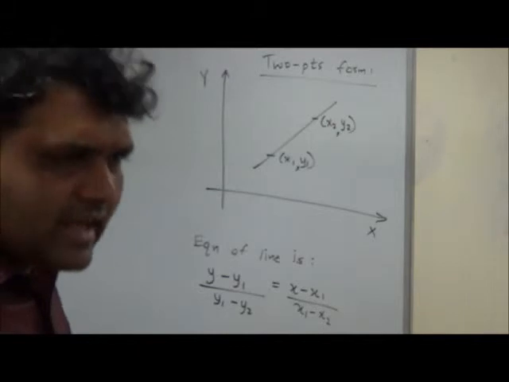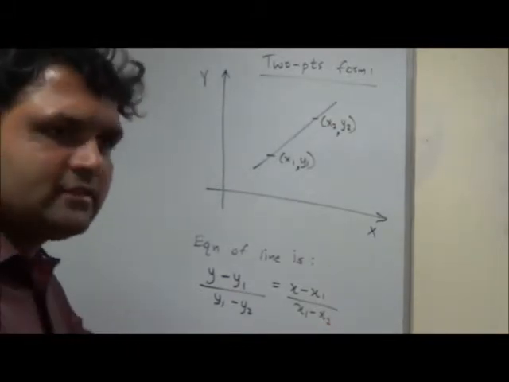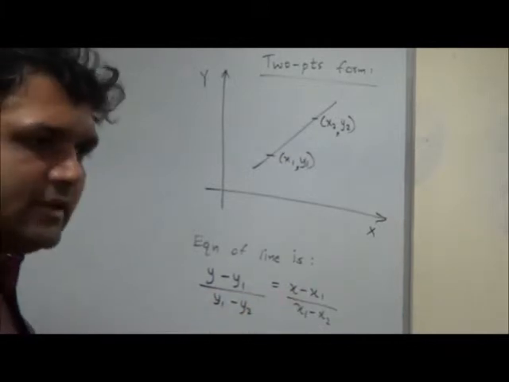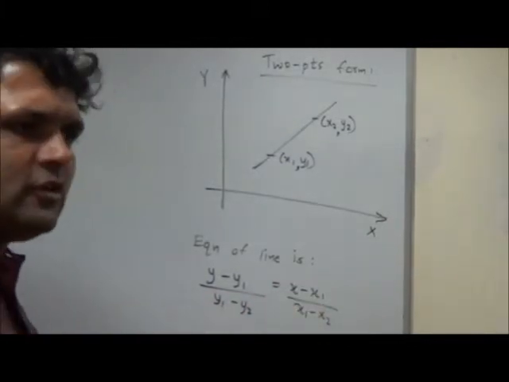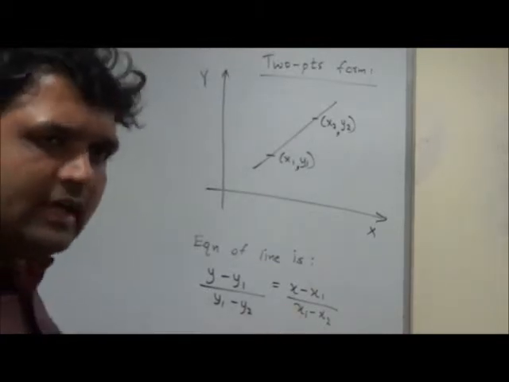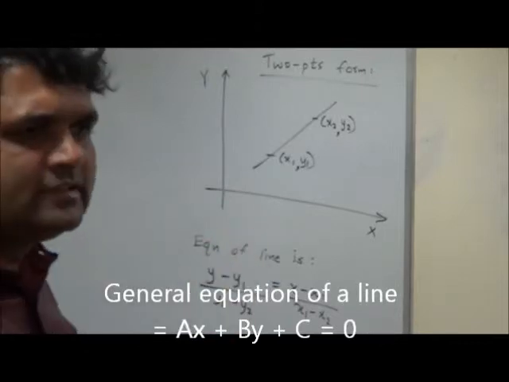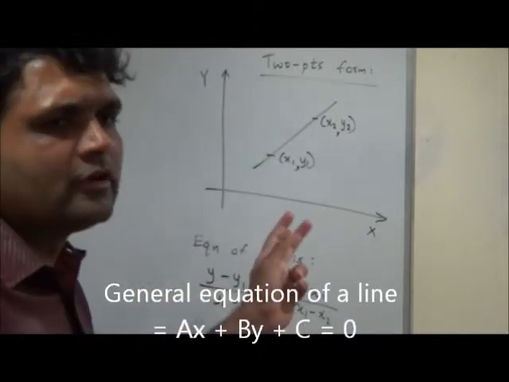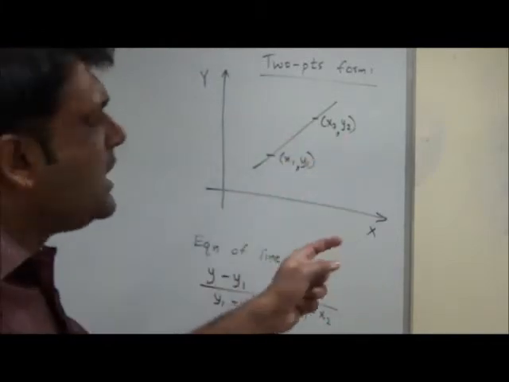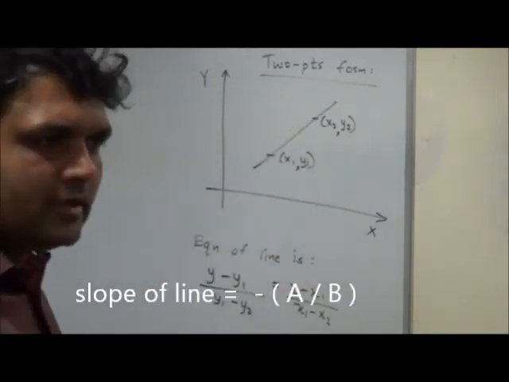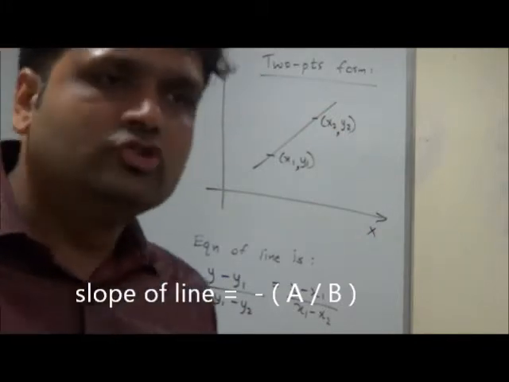Please note. In some books, you might see it as y2 minus y1, x2 minus x1. It's alright. It's like multiplying both sides by minus 1. In some books you will see this denominator here and this numerator here. That's also alright. It's like alternando in ratio and proportion. Correct? This form is called 2 points form because we know two points on the line. Also, if I know the two points, I could find the slope y2 minus y1 upon x2 minus x1 and take any point and use slope point form. That way also I could solve.